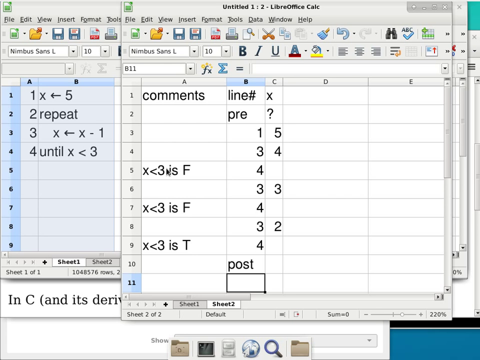Yep. We skip over line 2 because it's just telling us what to do with lines 3 and 4. The only purpose of line 2 is to indicate that the following thing is a code block. But it doesn't really do anything while we execute the code, and that's why it doesn't appear in the trace. Good question. All right, so with this done, we're going to go back in time a little bit